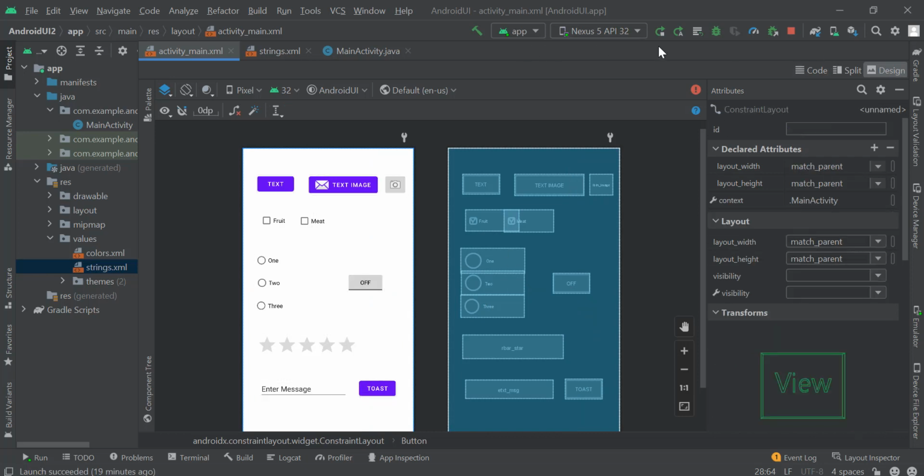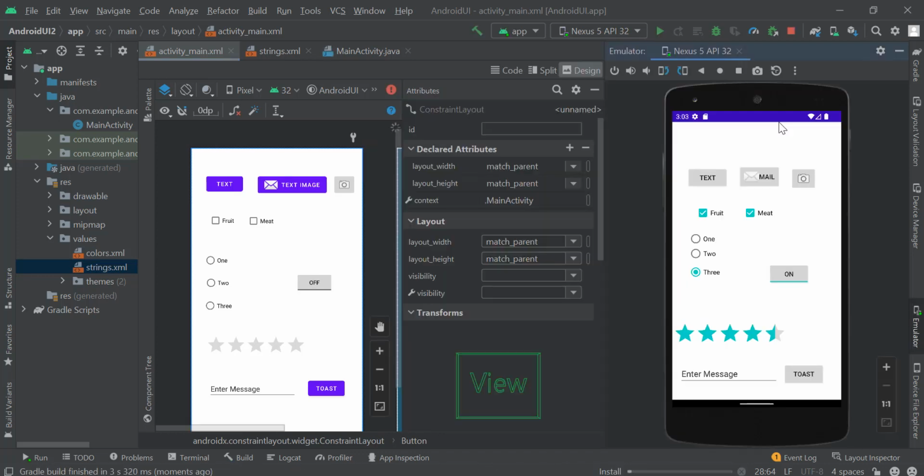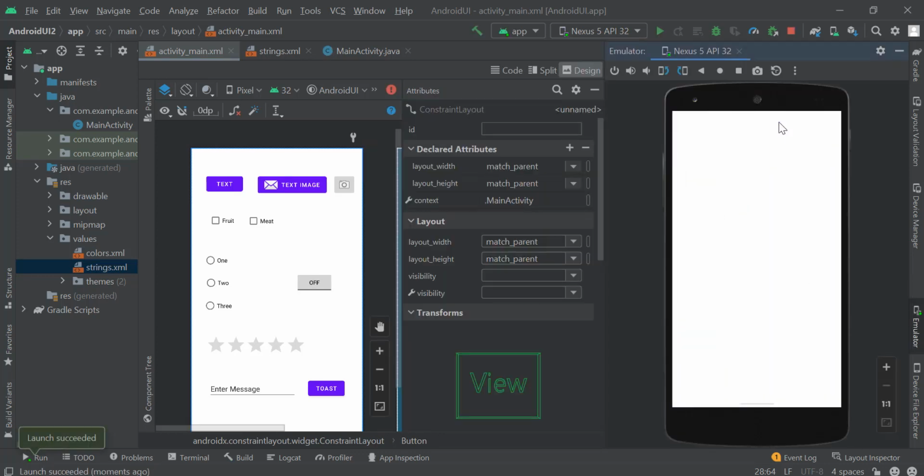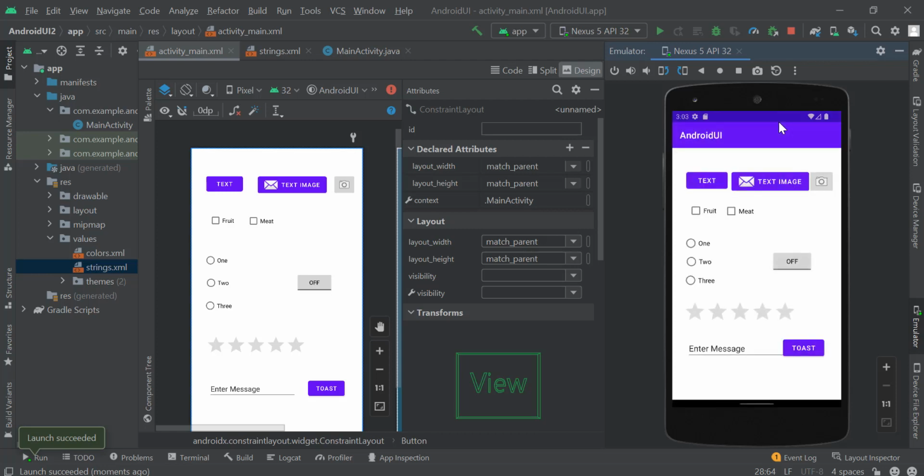Alright, so let's check our output if all the layout is properly positioned on our screen. I think we get the correct output, and this will be part 1 of my demo. See you for the part